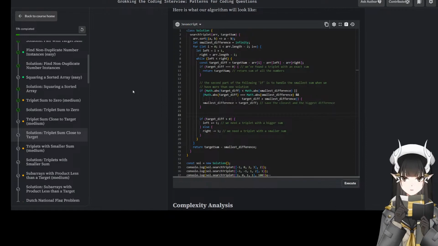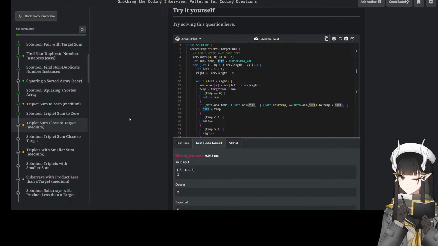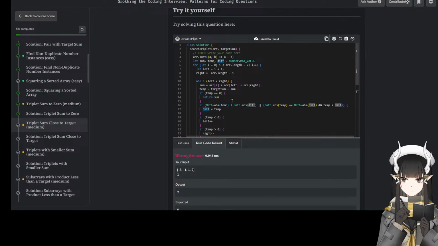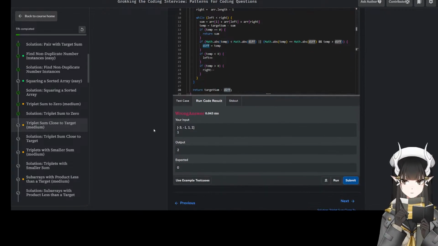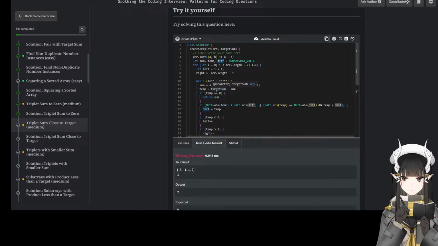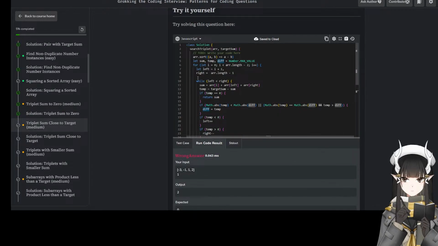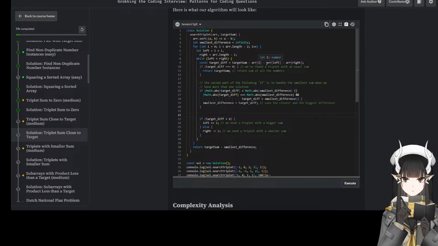This is correct. Why isn't my work working? Can you see the difference? Wait, what does it do minus?